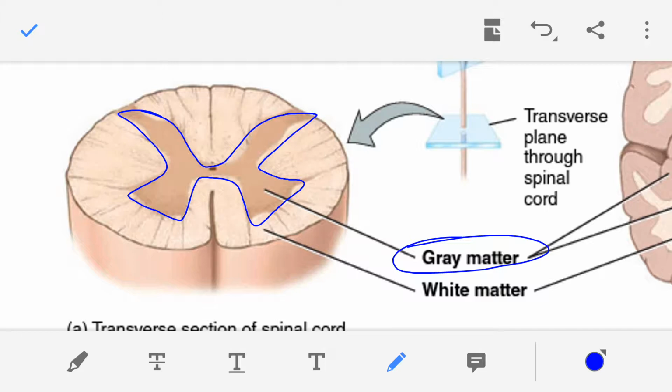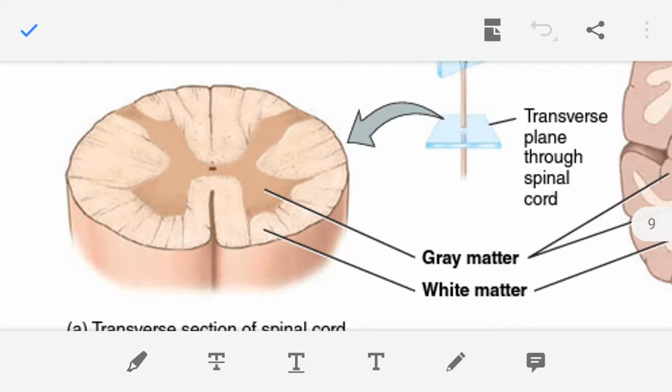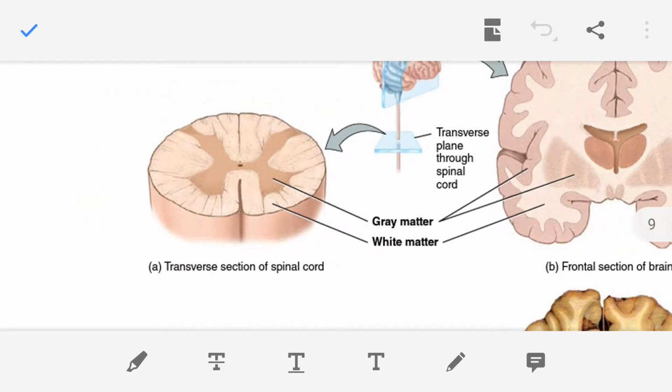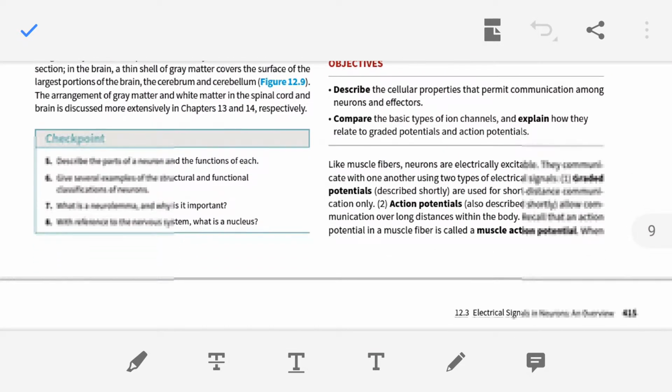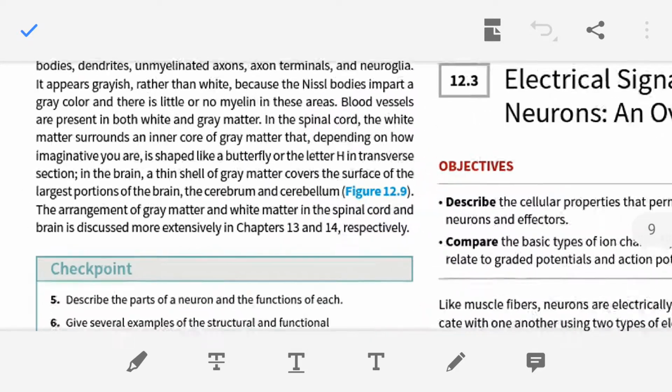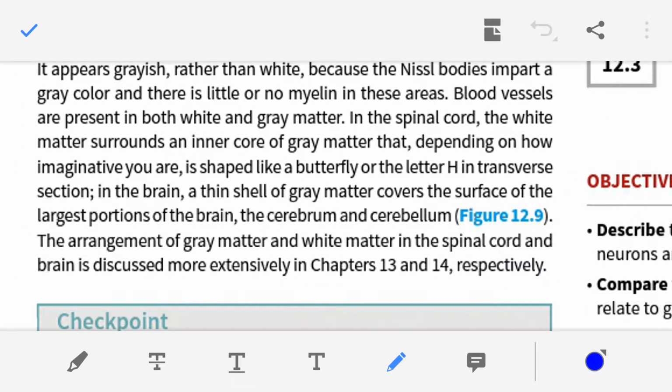So the shape of the gray matter is either the H shape or the shape of a butterfly. So it depends how imaginative you are. That's why they are writing,